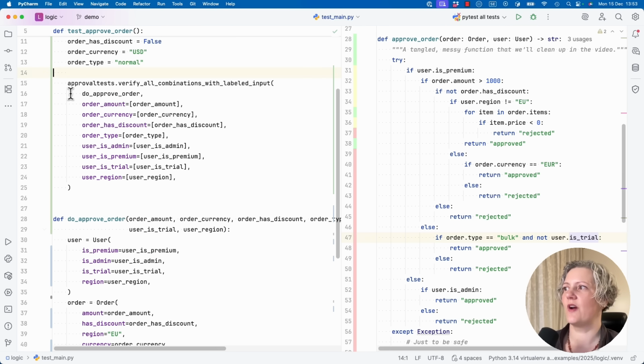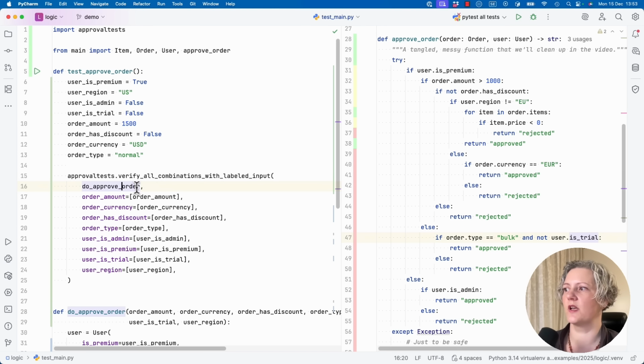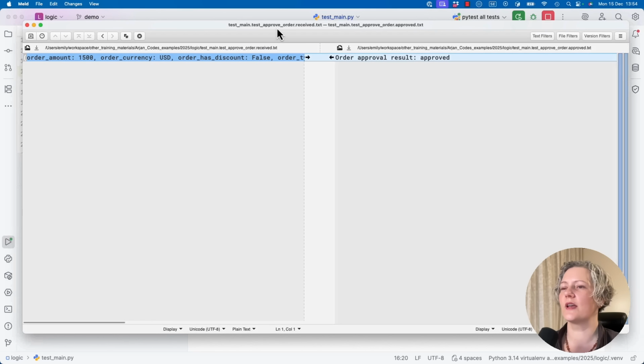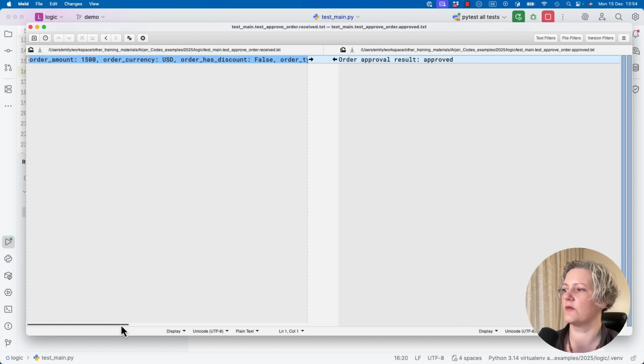So it's a different verify method, and this one does the work of calling this function with all these arguments. So when I run the test, actually it does fail. It wasn't a pure refactoring, but if you look more carefully at the output and I scroll to the right here, you can see the part at the far right here is the same as before. And this double arrow then, what's before that is all of those named arguments that I passed to my test function. So conceptually this does exactly the same thing.